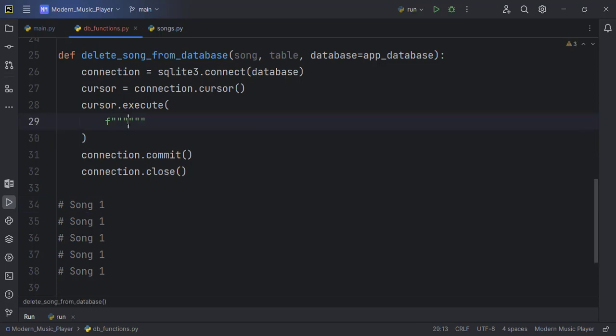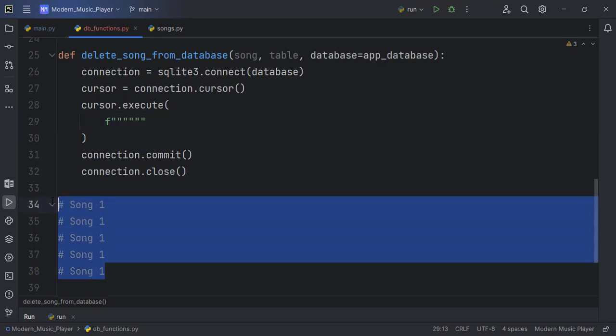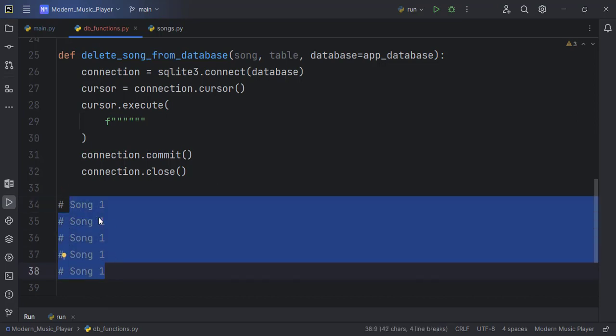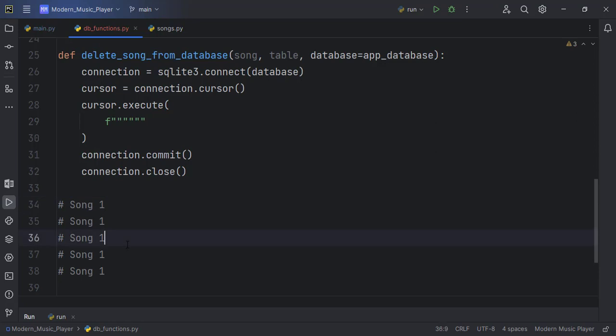When it works that way and deletes all of them, then I'll show you how, if we have multiple entries like this of the same item, to delete one without using the ID, but just maybe the song name or something like that. The ID will be unique, but of course the song name will be the same. So let me write the query now and show you how it will actually work but delete all the files, and then come and show you how to delete just one using just the song name. Okay, so this one will just go like delete from